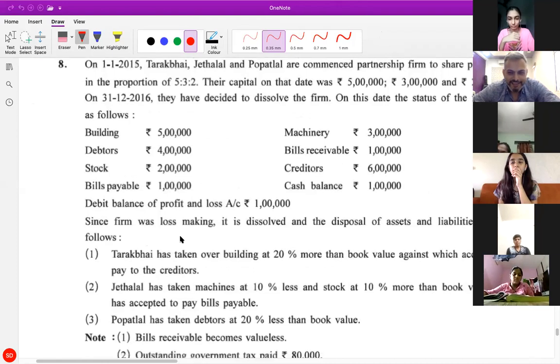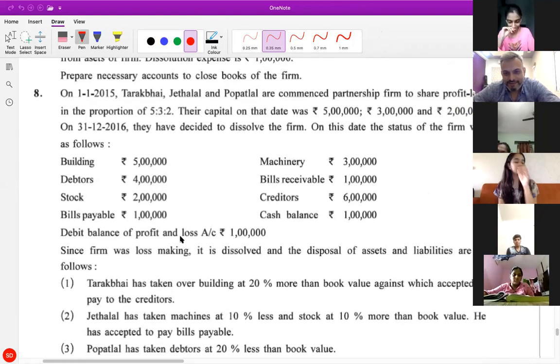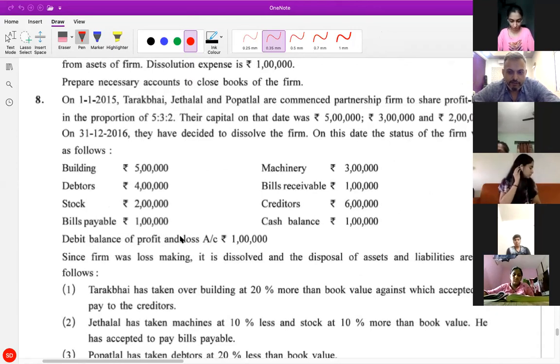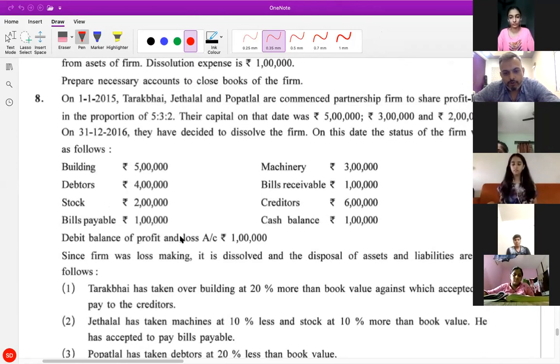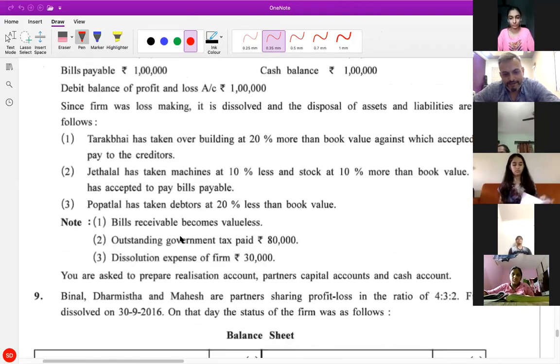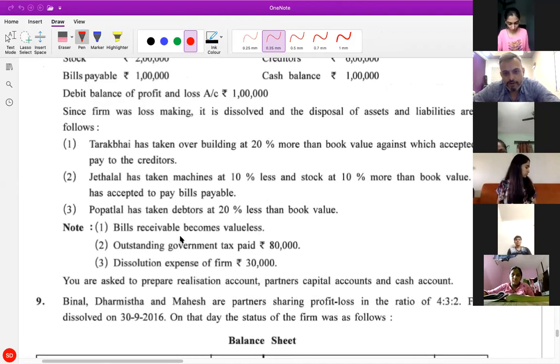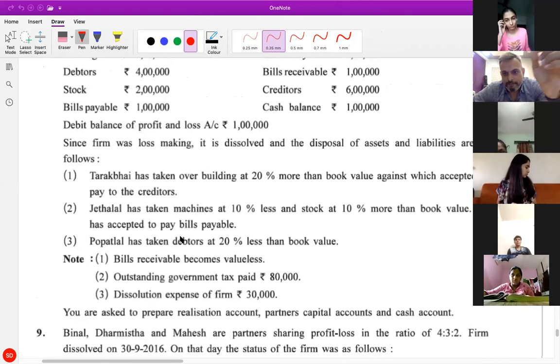Okay, now you can see that the eighth one is a full-fledged sum, but over here again information balances are given. So what I want you all to do in this sum is, because a full-fledged sum cannot come in the exam for 3 marks, at least make a balance sheet for the same as a practice. Understood? Right now at your home, you can make a balance sheet and very well complete the full-fledged sum, because it will help you make your concept stronger.